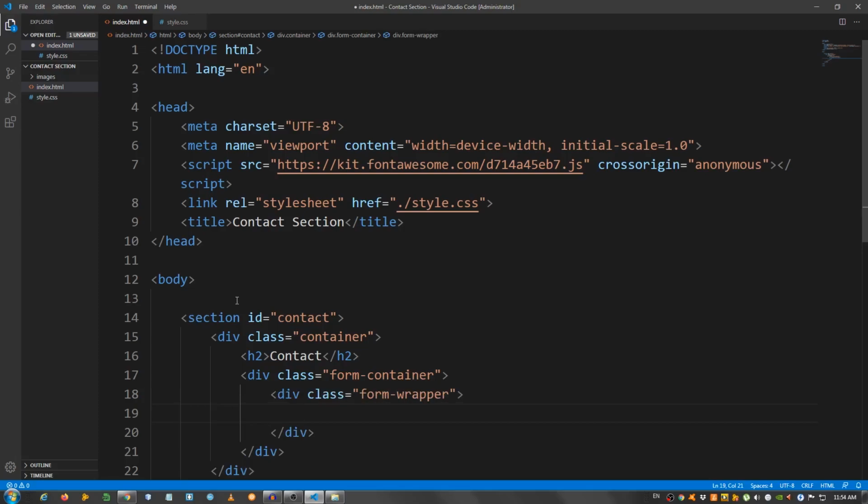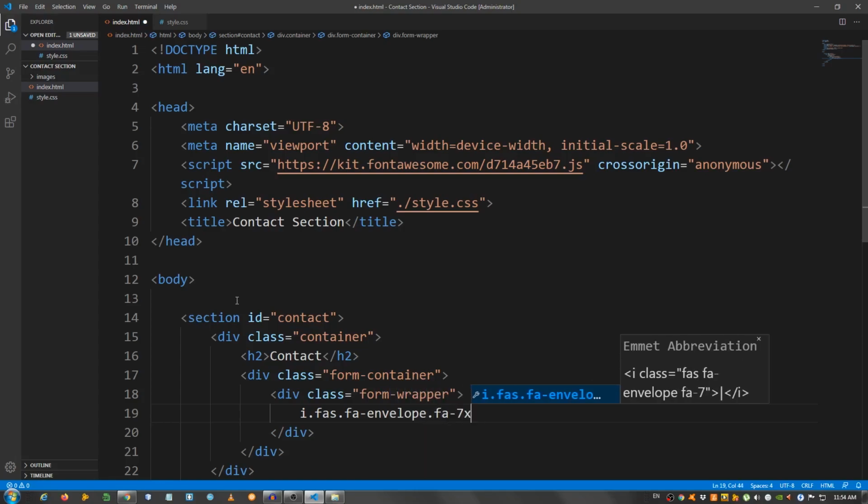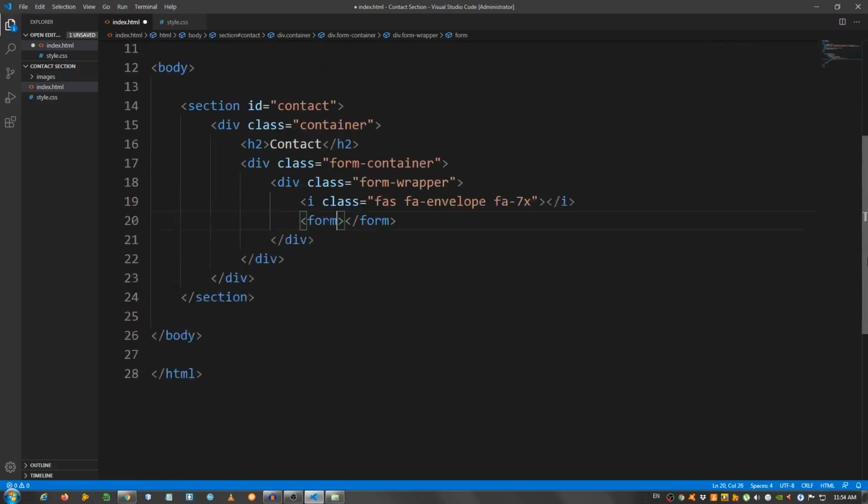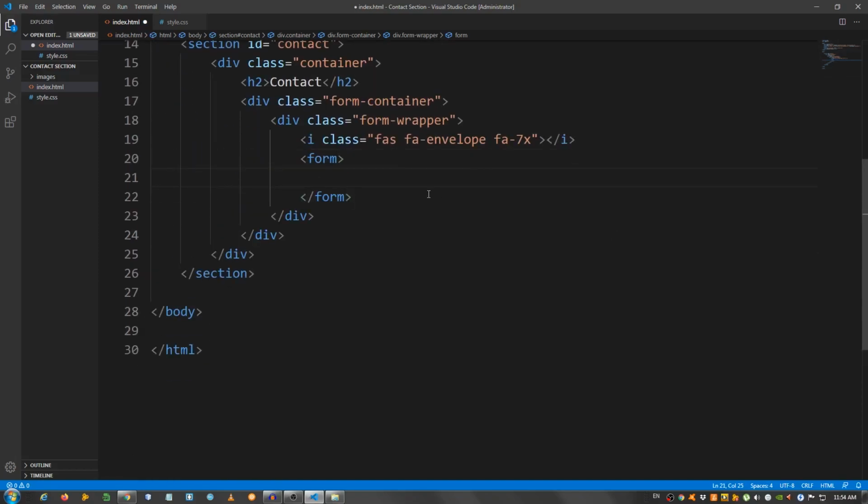and inside here I'm going to put our icon, i.fas.fa-envelope, and I'm going to make it bigger, give it a class of fa-7x. And below this I'm going to create a form, delete the action, we don't need that. Let me scroll a bit, and I'm going to create a div with a class of form group,